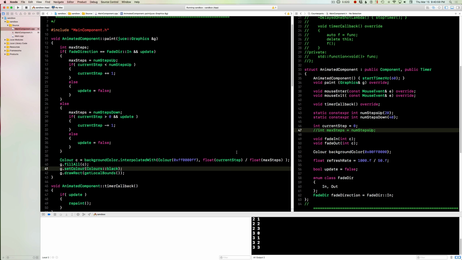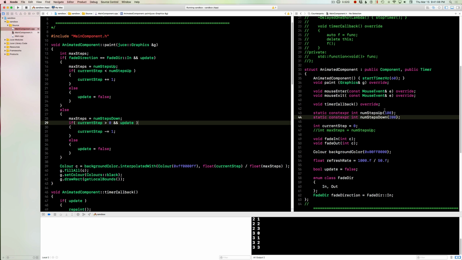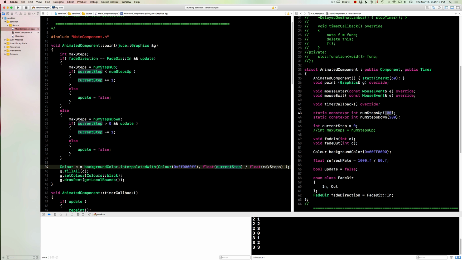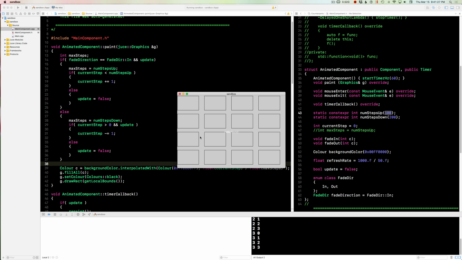So you'll notice, say I set this to a really long value, like say number steps up is 100, and this is 200. What that means is I want this to take 100 steps before it is fully faded in, and I want it to take 200 before it's fully faded out. Let's just take a look at what that looks like. Now, it takes a really long time for it to fully fade in, and it takes even